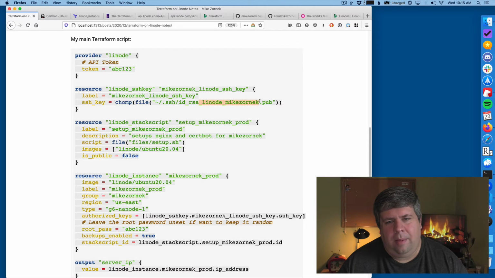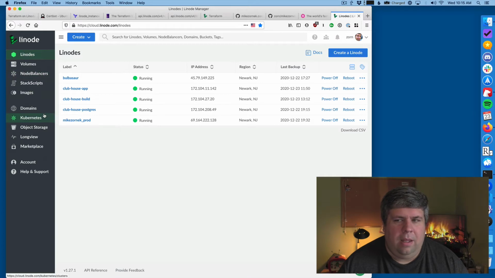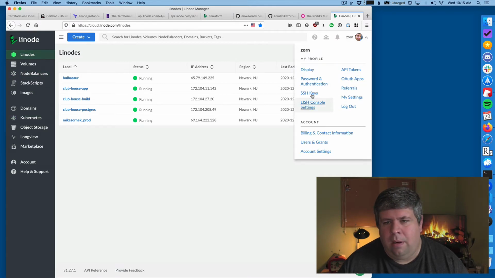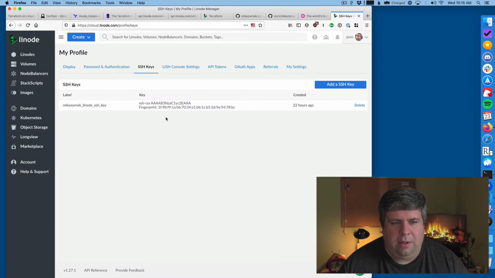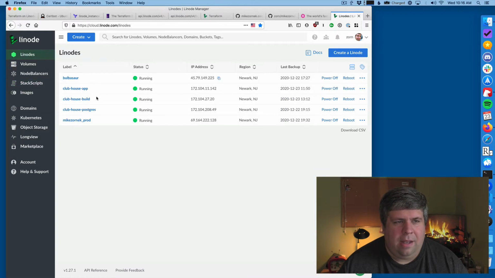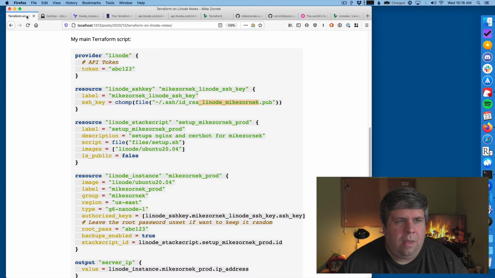I created a specific SSH key for this specific purpose. And so I generated that. That's in my home folder, and I'm referencing it here. Linode SSH keys are legit resources on the Linode site. So this is the Linode dashboard, and if you go under your account and SSH, you'll see there are different SSH keys. You'll also see the stack scripts, which we'll talk about in a second, and then your Linode instances. But yeah, that's one resource because we're going to use that within our server. So it's nice to just upload it there.